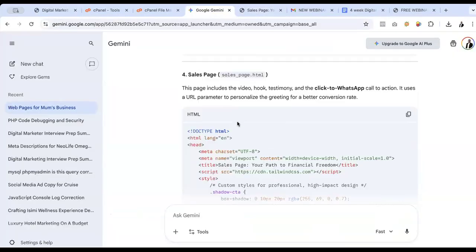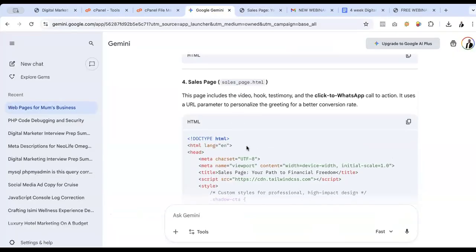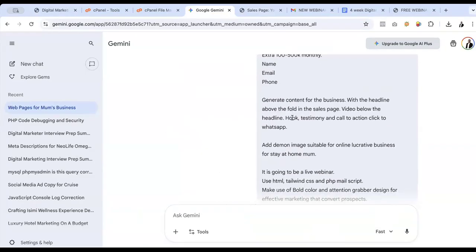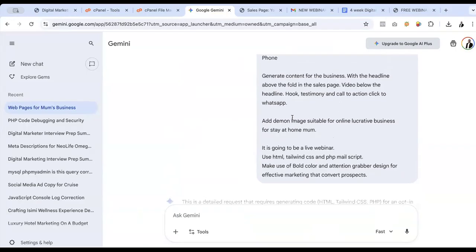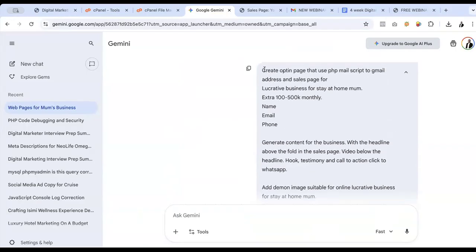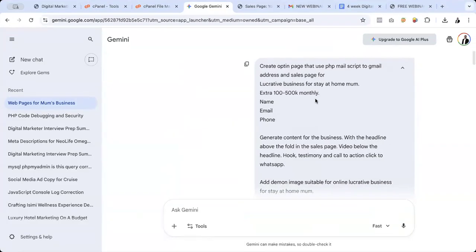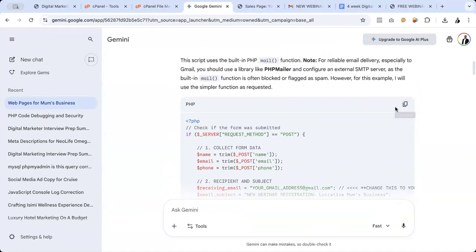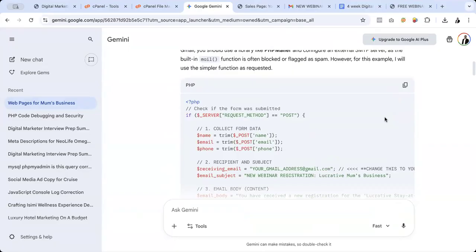Gemini, which we already have our code. So what we did on Gemini is we typed this that you saw in the document just now. Yes, you came late, so you didn't see it. We typed this prompt that we need a sales page and all that. So it generates all these pages for us. And I've run it practically